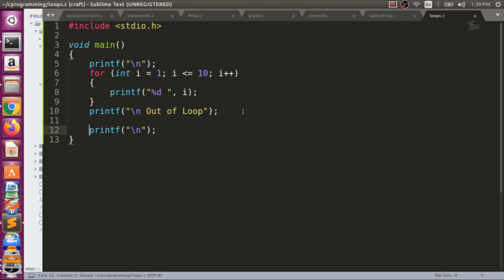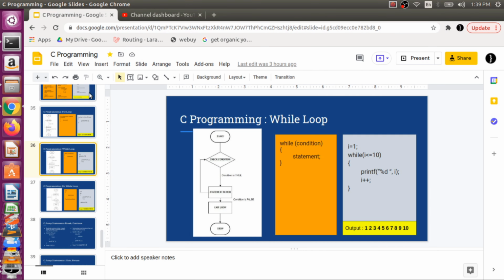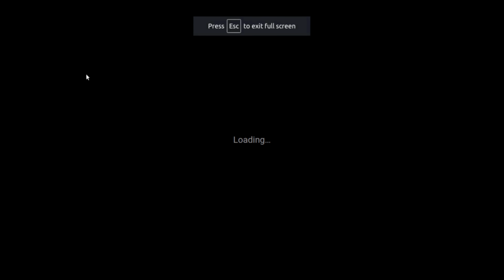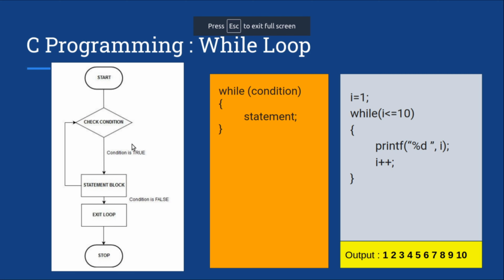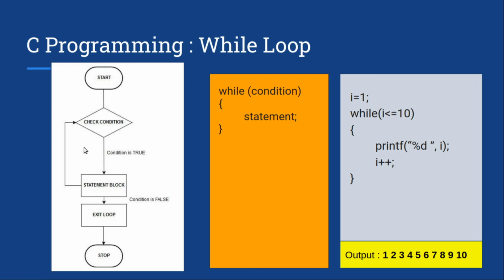So what is that? First of all we need to understand the for loop and the while loop. Overall functionality is very similar, there is no difference whether you use a for loop or a while loop. The job of both is very similar. You guys can see there is no difference in the diagram. In while loop and for loop there is no change, just a difference of syntax.